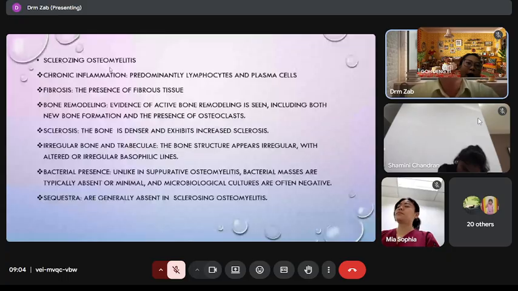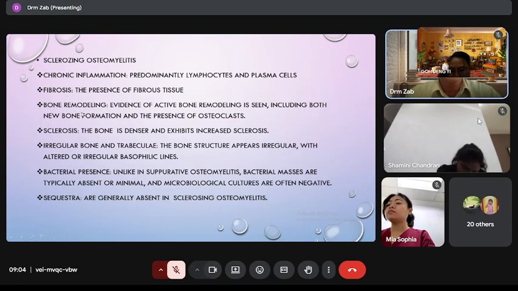For sclerosing osteomyelitis, what you will see histopathologically, there will be chronic inflammation. Basically, lymphocytes and plasma cells will be predominantly in the area. There will be a lot of fibrosis. There will be bone remodeling, sclerosis. There will be sclerotic activity, increased sclerotic activity. You will see irregular bone and trabeculae. Okay, and then you will also see sequestra. Okay,